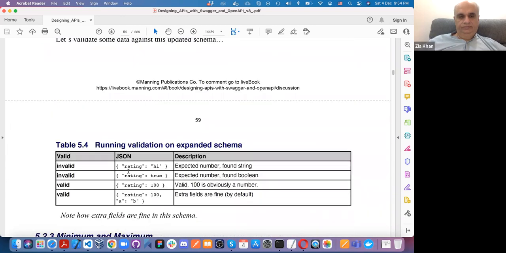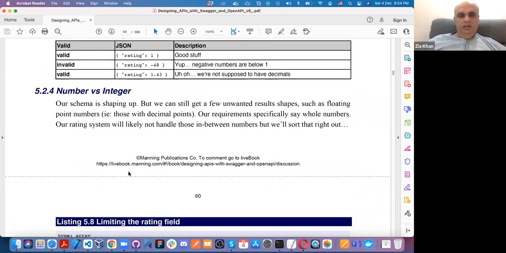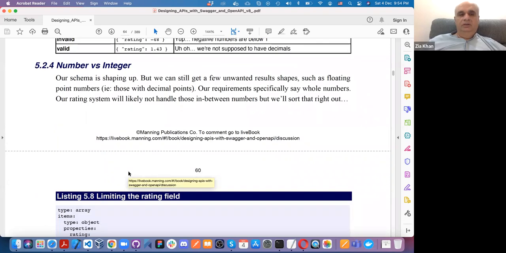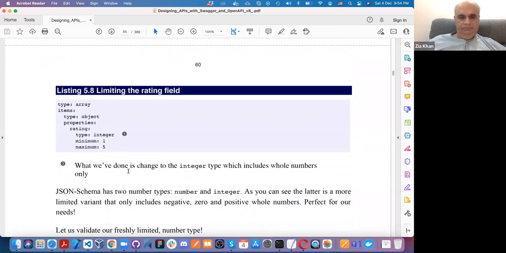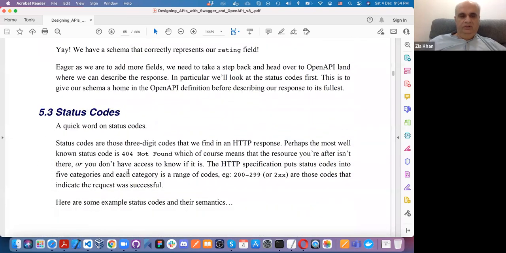We have already covered the minimum and maximum value. It can be number or integer. Number, of course, will have decimals, and integer will not have decimals. Therefore, what we have learned is YAML overall to define the APIs and JSON schema to define the response.